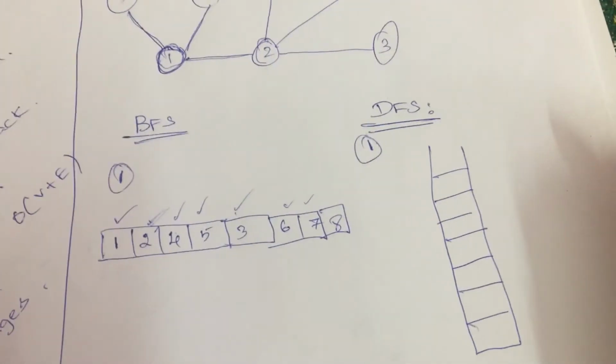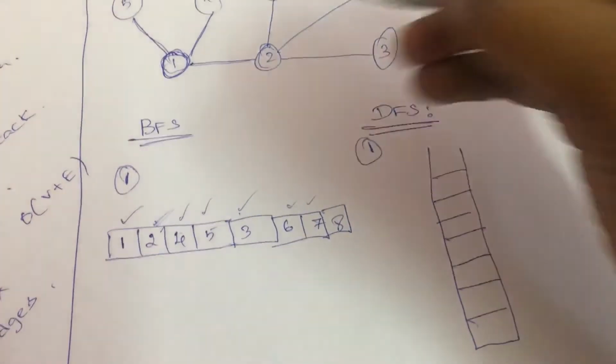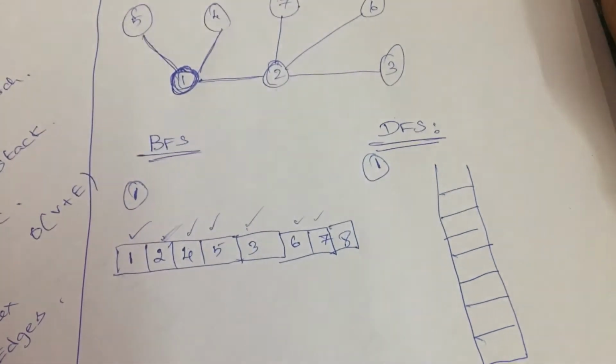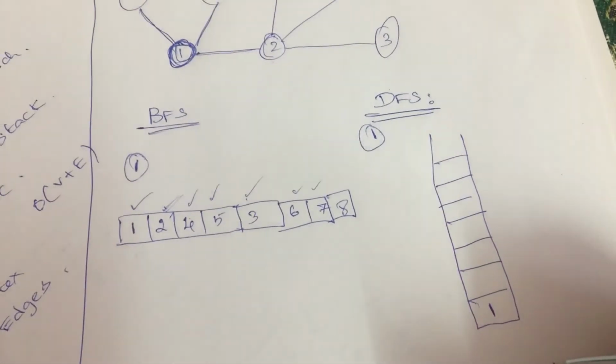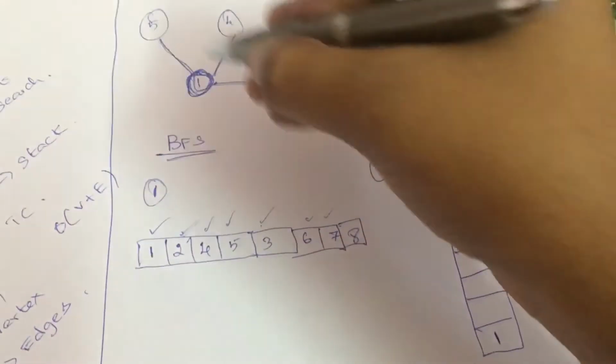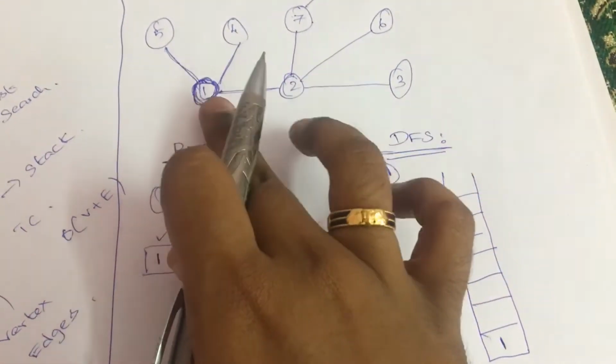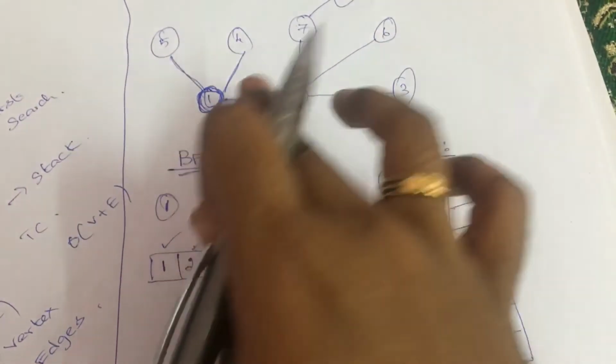So it has exactly 8 memory blocks. First, I'm going to start with the number 1. I'll be pushing number 1 into my stack, followed by which I'll be moving to any one of the numbers after this one. So I'll try to move with other numbers after 1.